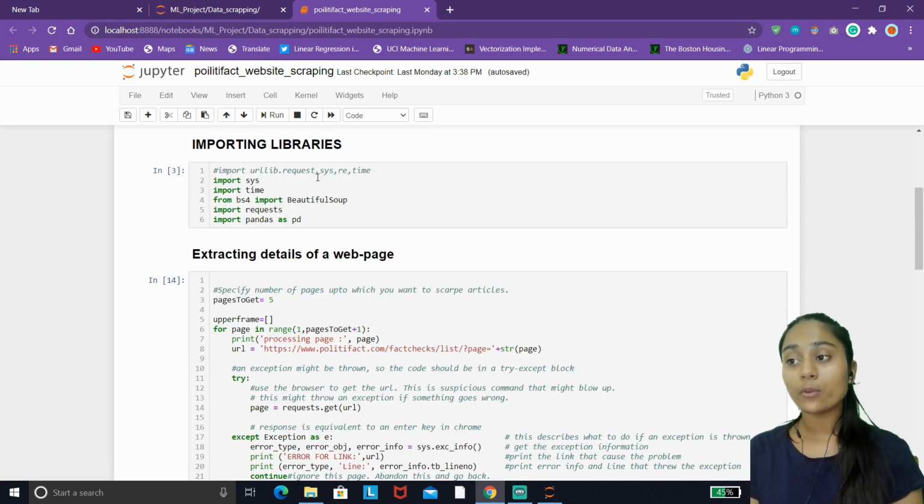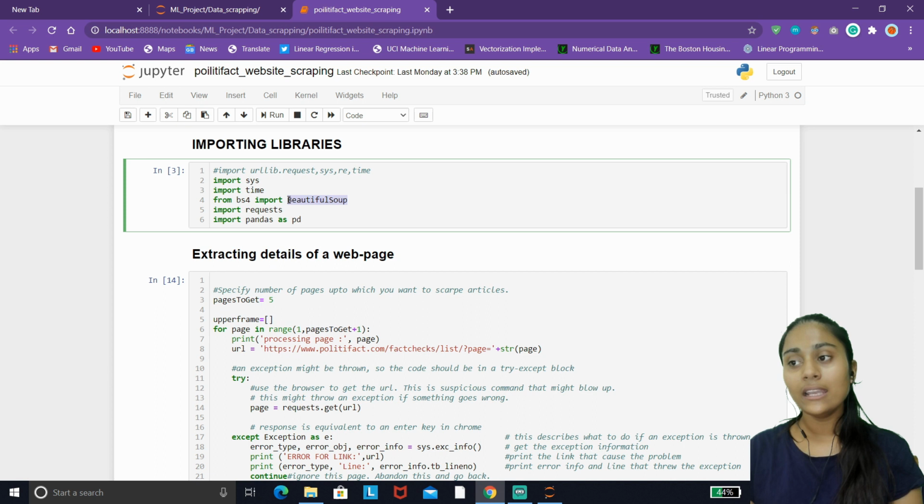The next step is to import these libraries. The most important one is Beautiful Soup. As I mentioned before, it is the library we will use to parse HTML and XML documents into our Python IDE, so it is the most important tool in Python for scraping.